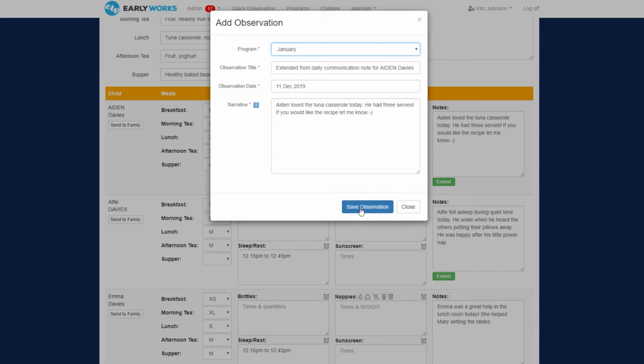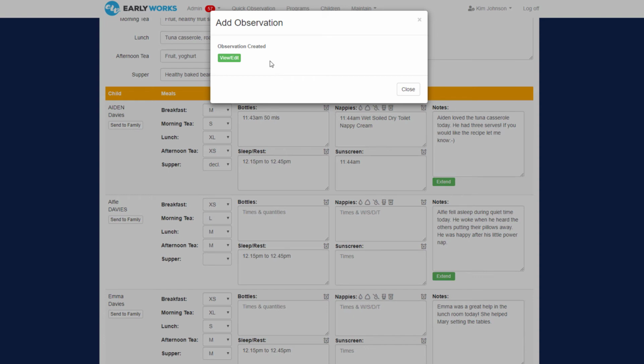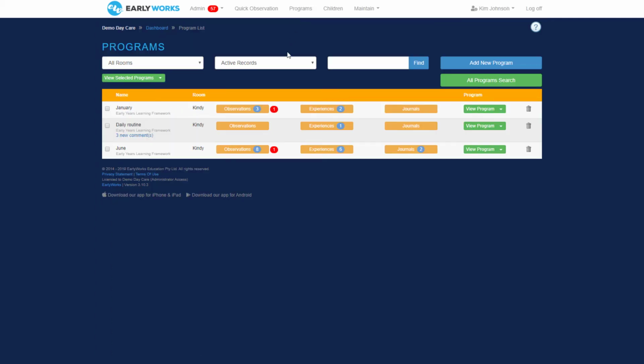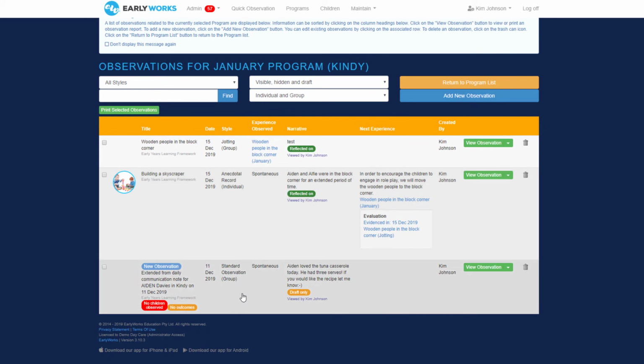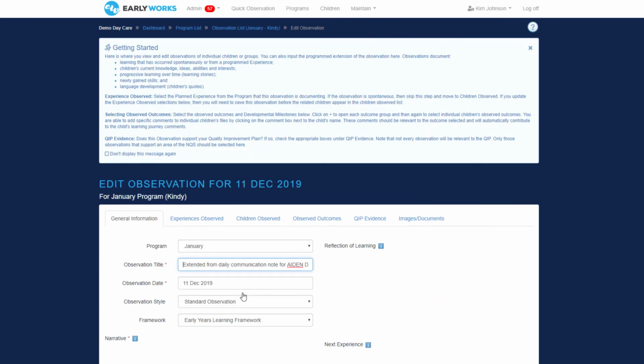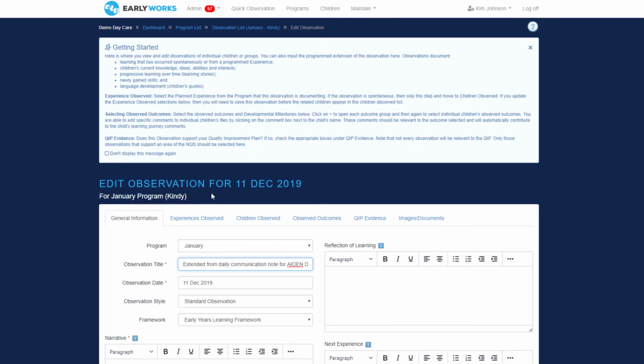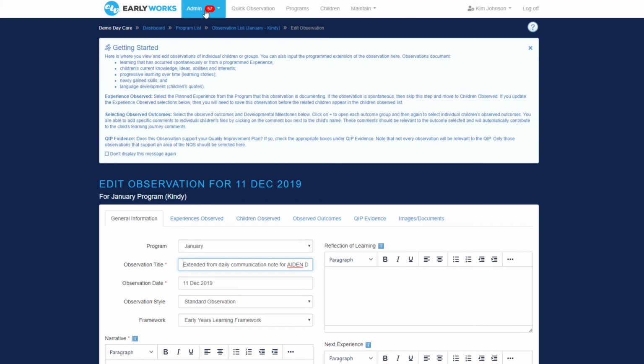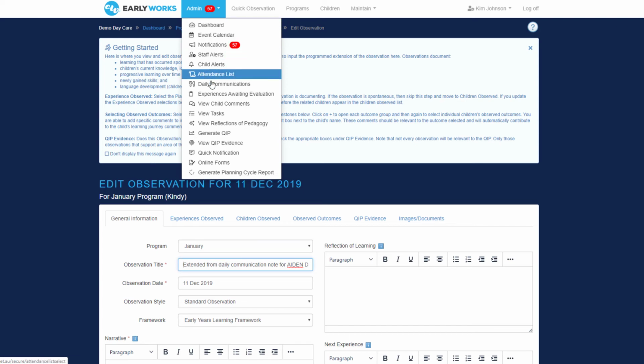Then I just click on Save Observation, and I can either finish the observation now, or I can just close it, and when I'm ready, go into Programs, and I can see that there is a new observation there that's incomplete, and that will be that one in the January program. I just click on Observations, I go to that observation, click on the row of that observation, and I get to the Edit Observation screen, and I can finish that observation off, so that then it can be used to inform the program. So I'll just go back into daily communications again now,